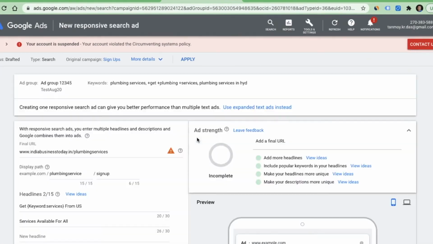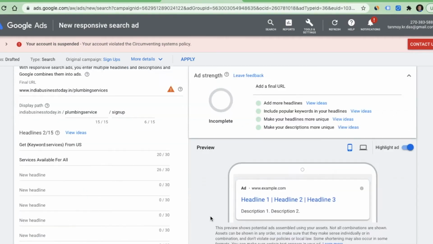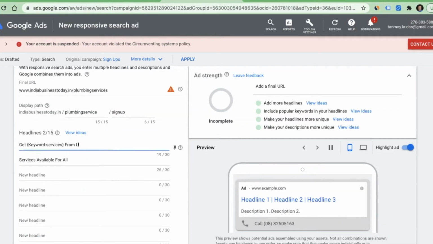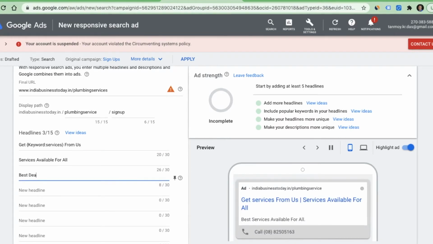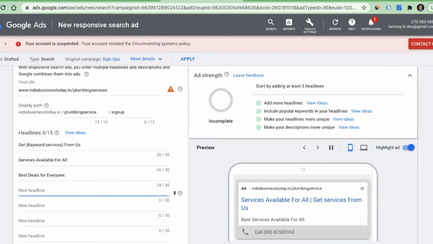So here we can go ahead and write the whole ad. In this manner, we can go ahead and provide all the information.